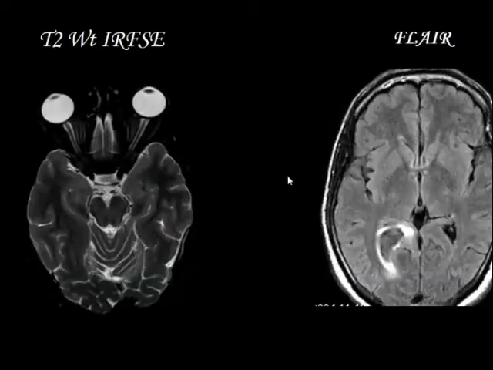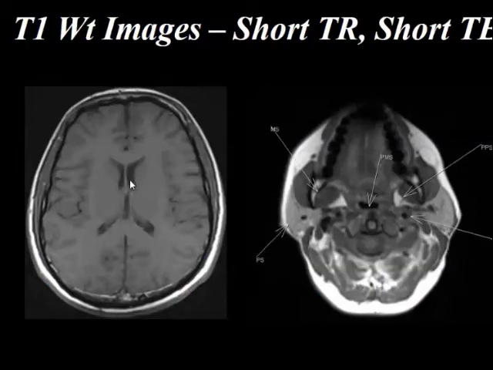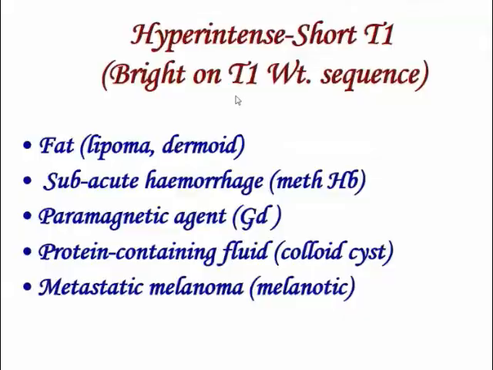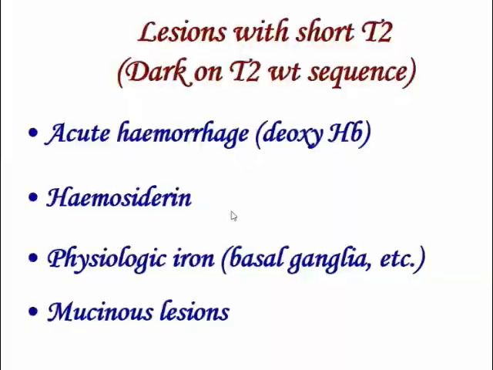Now let's look at one more or two more sequences here. These are critical for you, especially it could be pediatrics, it could be pediatric surgery, it doesn't matter. So we'll just go back now. T1, CSF looks black, fat looks white. I'm just adding small points here. T2, CSF looks white, fat does not look so white as T1, but it is still white.